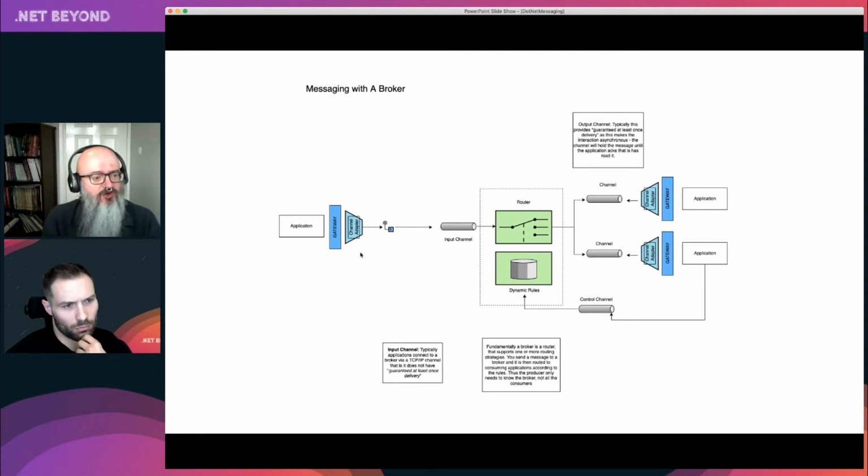We're thinking in a similar way. There's an input channel coming from one application to my messaging middleware, and I then route it to anybody who said they want to receive those messages, and it goes into their queue, which means it waits for them to come and receive whenever they feel like it.